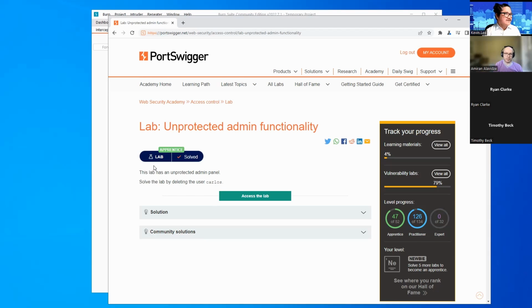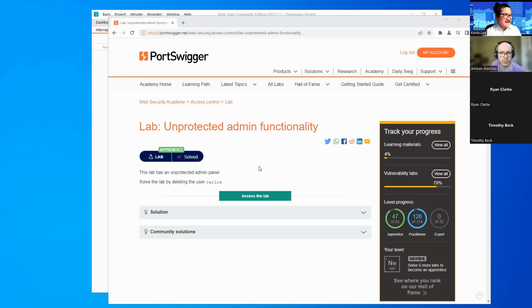So what are we talking about here? We've got a lab. It's called Unprotected Admin Functionality. Let me look at the guide so we can see exactly what steps we're going to take. If you're following the guide right now, we're on part 1, step 1. Okay, and then we're going to review the lab instructions. The lab instructions instruct us that we're going to access the lab's unprotected admin panel, and we're going to delete the user Carlos. Okay, sounds simple enough.